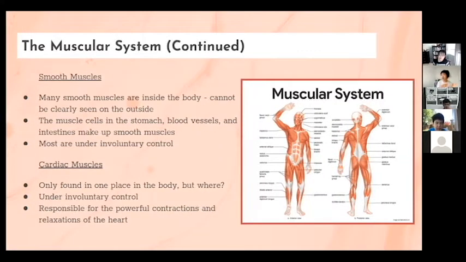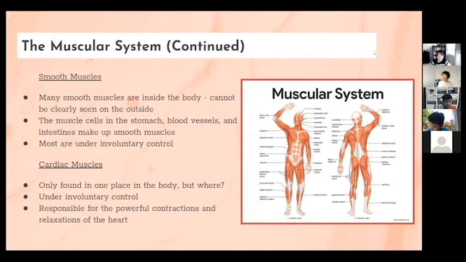So on the third slide that everyone saw, those examples that I put in, like playing the piano, eating, walking, or even speaking, these are all movements of your skeletal muscles. These are the muscles that we can think to control. Meanwhile, let's look at the next two muscle types. There are smooth muscles and cardiac muscles, and they have one big similarity. We will get to that similarity, but first let's look at the smooth muscles.